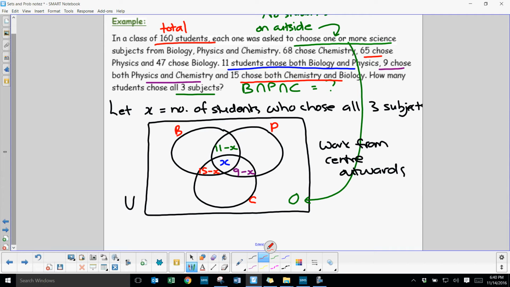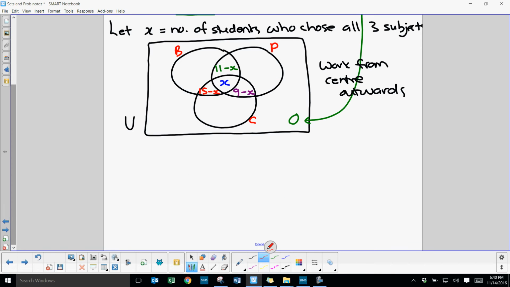65 chose physics, just here. 65 chose physics. So we've got the circle for physics. So this whole circle adds up to 65. So let's try to use that to come up with an expression for that little part there in terms of x. So let's write out all the stuff we've got. And maybe let's also label what we're doing too. Only physics